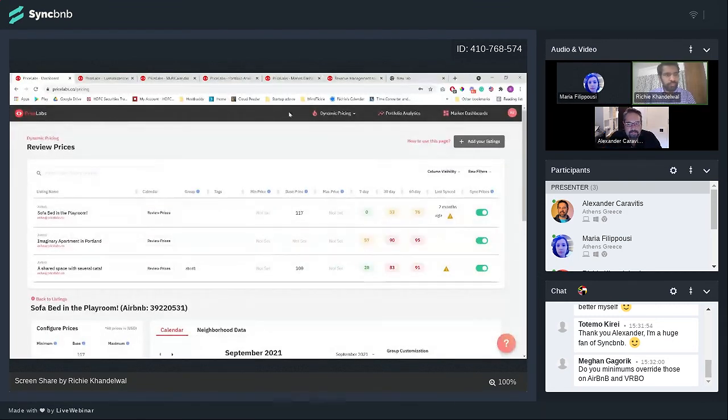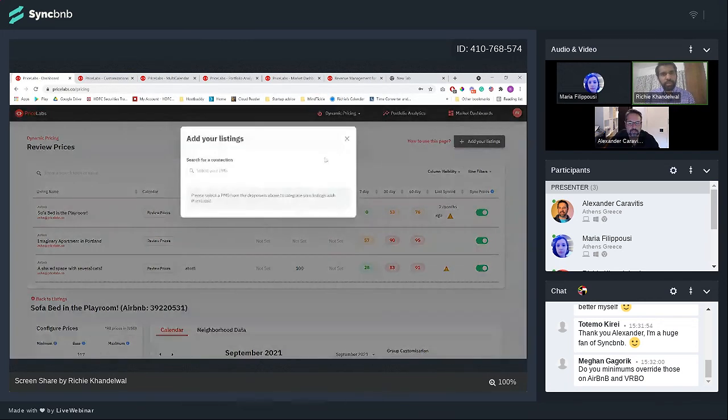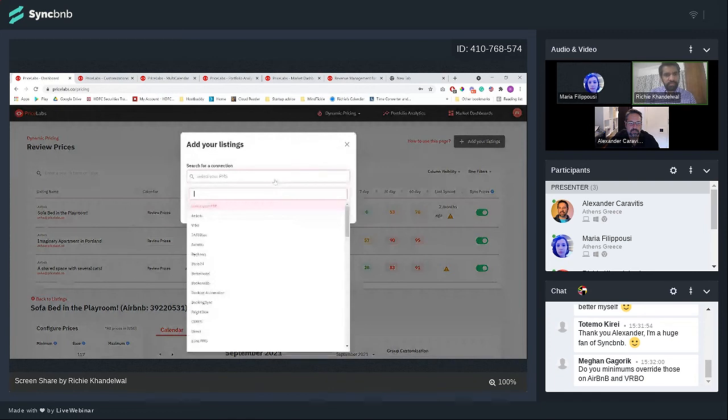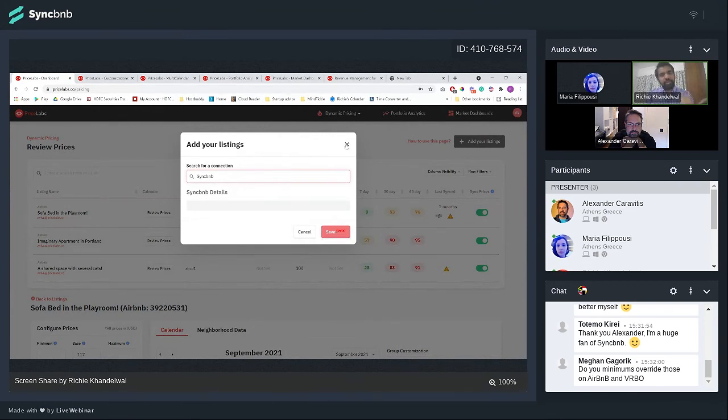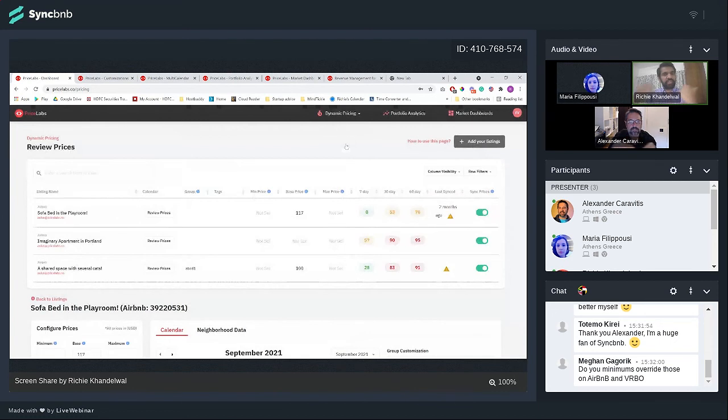Yeah, perfect. Okay. So guys, when you log in, I don't have a welcome page, but it looks like a welcome page with a button which says connect your properties, right? You'd go through the steps that Alex had outlined about activating the integration on Sync BNB and everything. And then you'd create a Price Labs account. You'd come select Sync BNB. And all you need to do is click save. When you click save, Sync BNB will give us access, and you'd see your Sync BNB properties show up here.